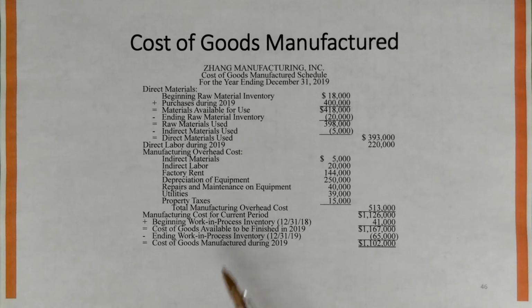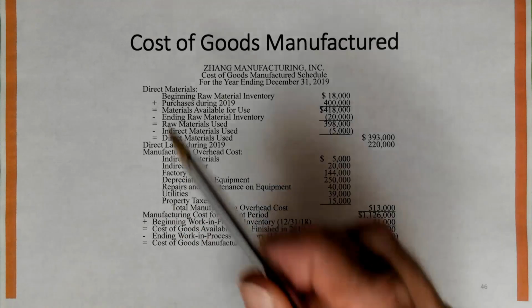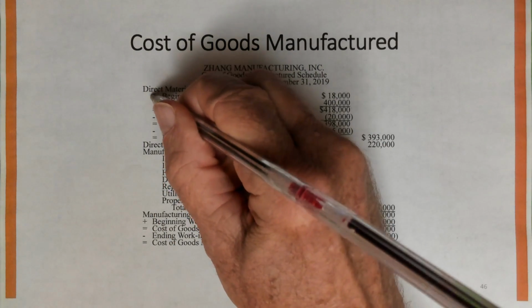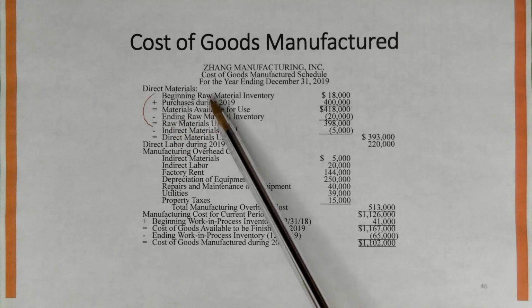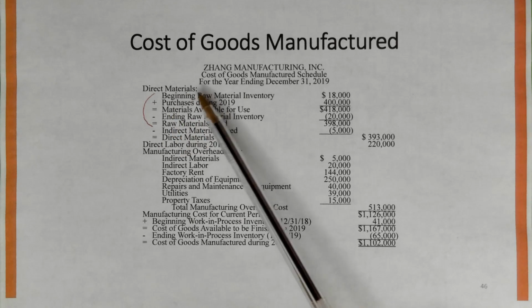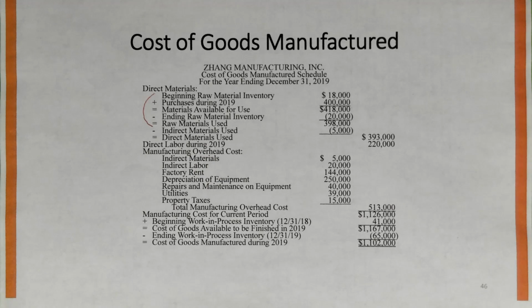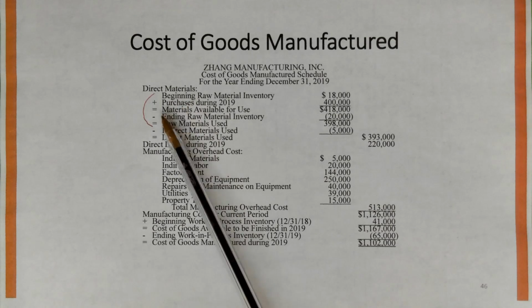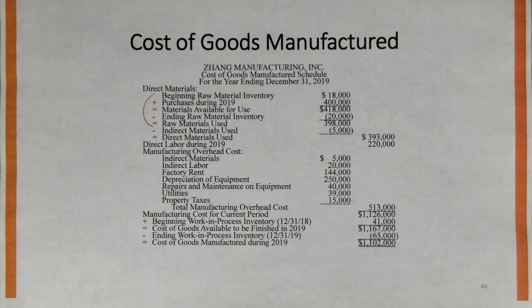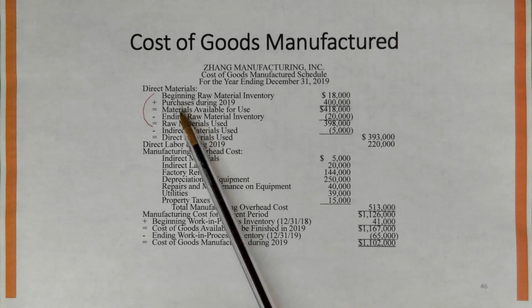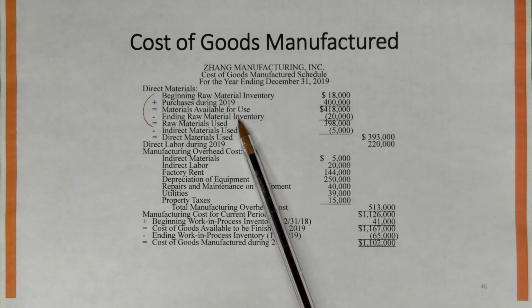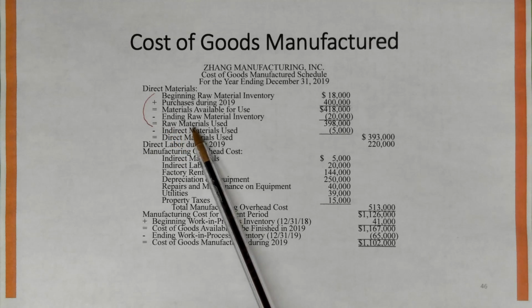In the direct materials section, if you look at it, this part of it right here looks very similar to the cost of goods sold section for a merchandiser. And so if we know how to complete the cost of goods sold section for a merchandiser, that makes this pretty easy. Because just like the cost of goods sold calculation, we take the beginning inventory, add purchases, that gives us the materials available, then we subtract the ending inventory to arrive at the amount of material used, in this case the raw